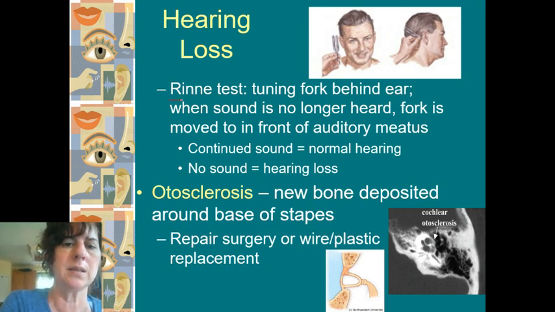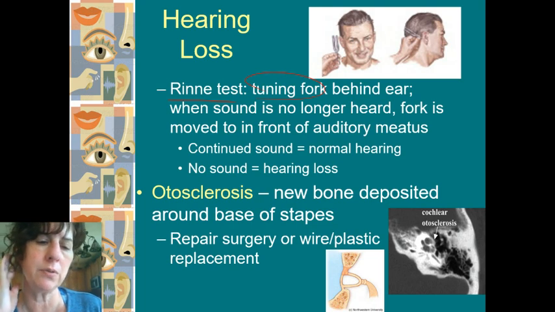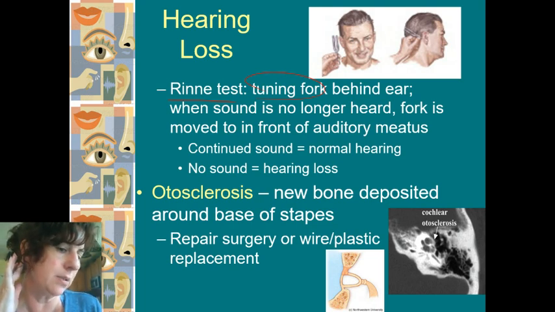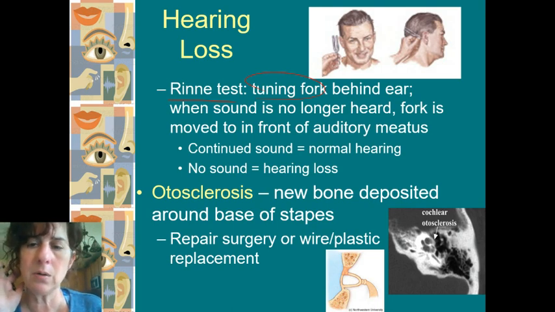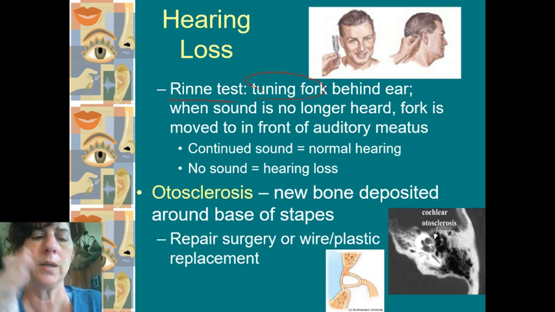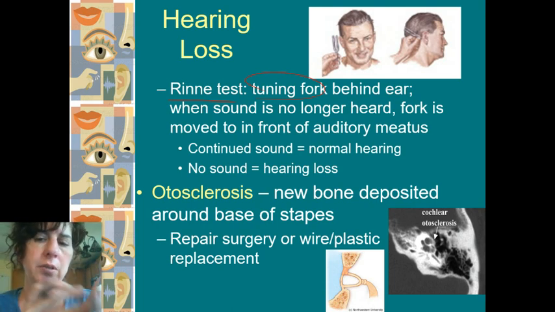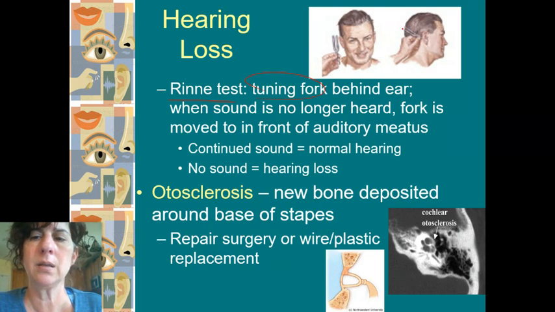The Rinne test is another one, still tuning fork. So we have the tuning fork, but this time you're placing it behind the ear. If you reach back behind your ear, there's this little bone right back there, that we learned about in lab. So you have that right there, muscle attachment, that kind of stuff. You again hit the tuning fork on a soft surface, not on a table or something, but soft, and then you put it right back there, with the little fork part facing out. The little stem is back there. What we're looking for here is when the sound is no longer heard.